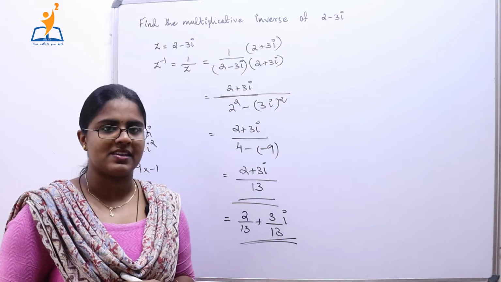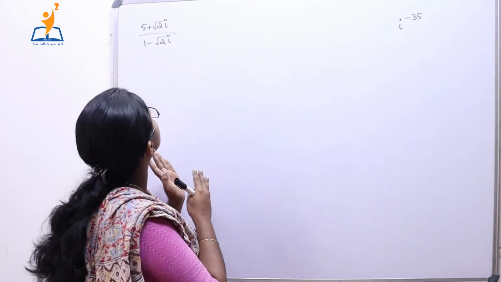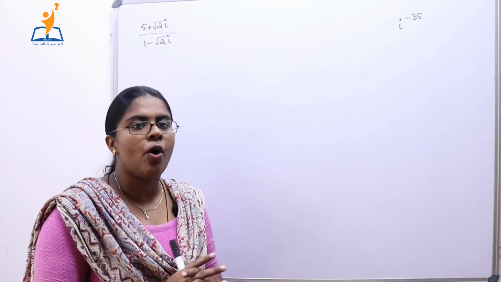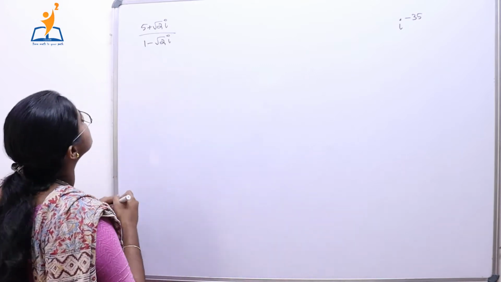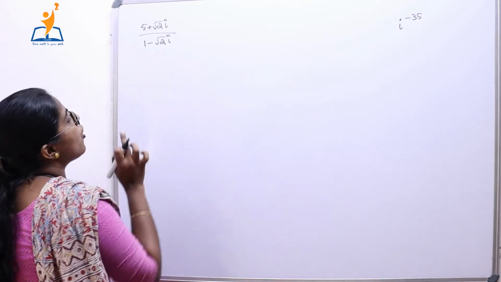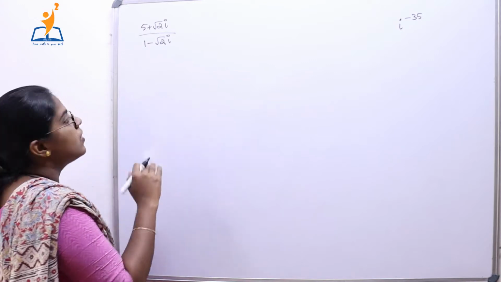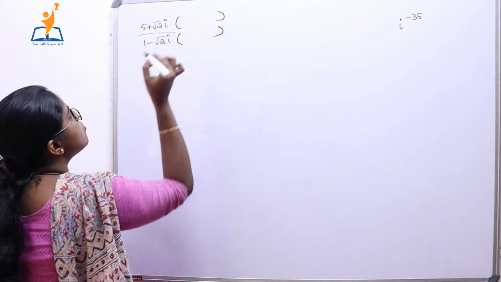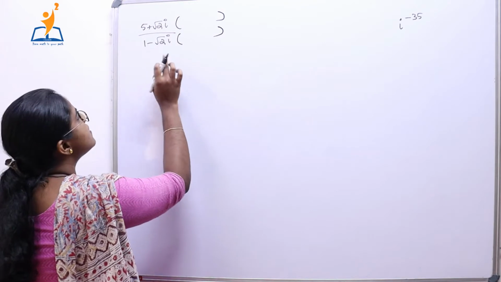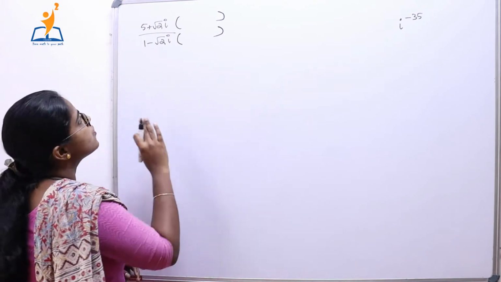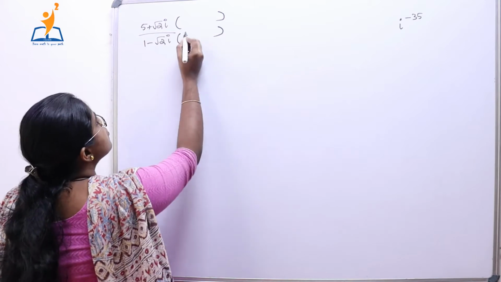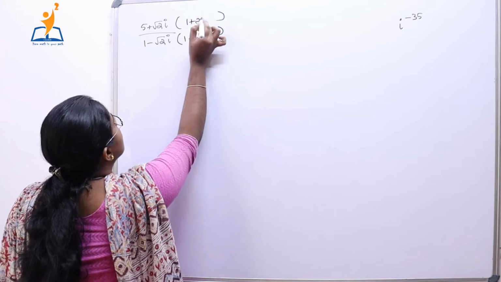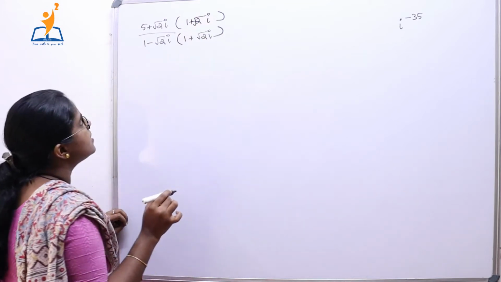Now let's do another question. Now we have two questions here. We have two complex numbers and we have to express these two numbers in the form a plus ib. Let's start with this question, and we have a complex number in the denominator. So we will first multiply the numerator and denominator with the conjugate of the denominator. 1 minus root 2i is the denominator here. So first of all, we will multiply with its conjugate. Its conjugate is simply 1 plus root 2i, and we will multiply the numerator and denominator with that number.